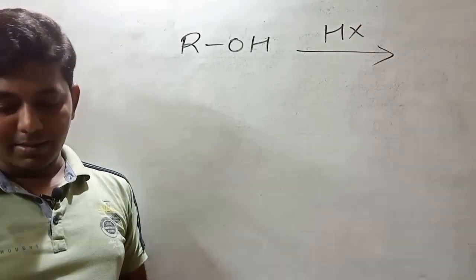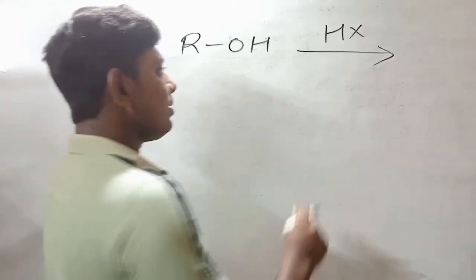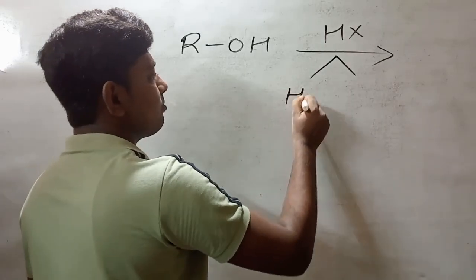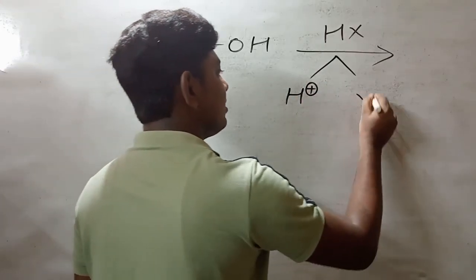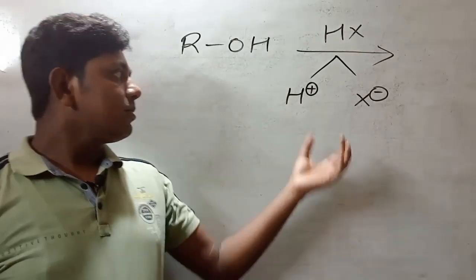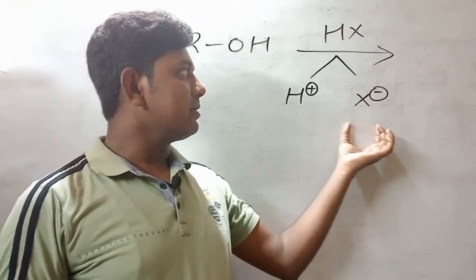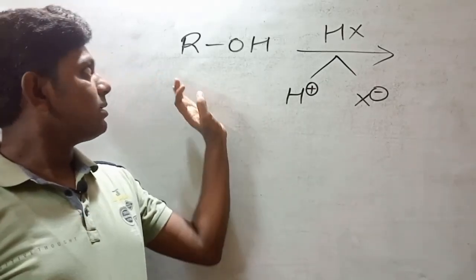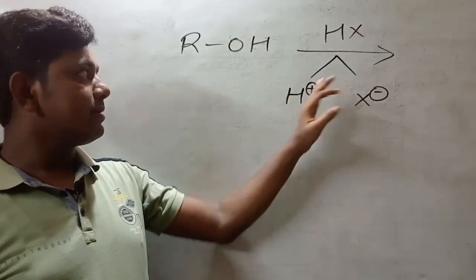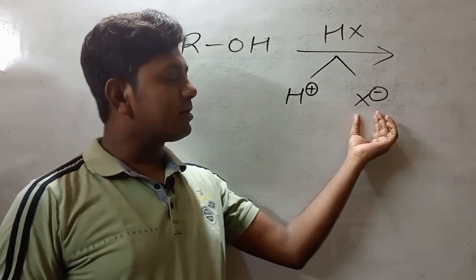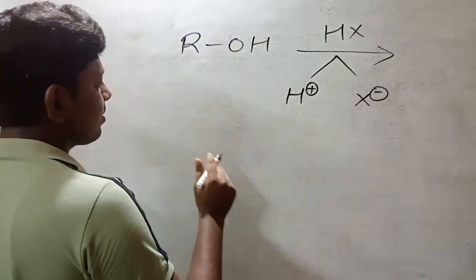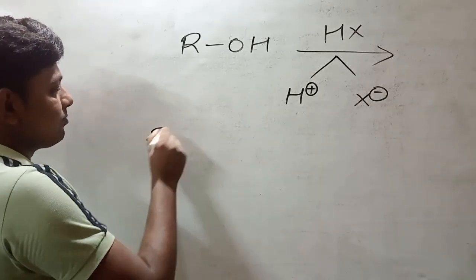In these cases HX breaks into two parts, H plus and X minus, according to the homolytic fission. So the alcohol HX reagent breaks into H plus and X minus. After that, step 1,